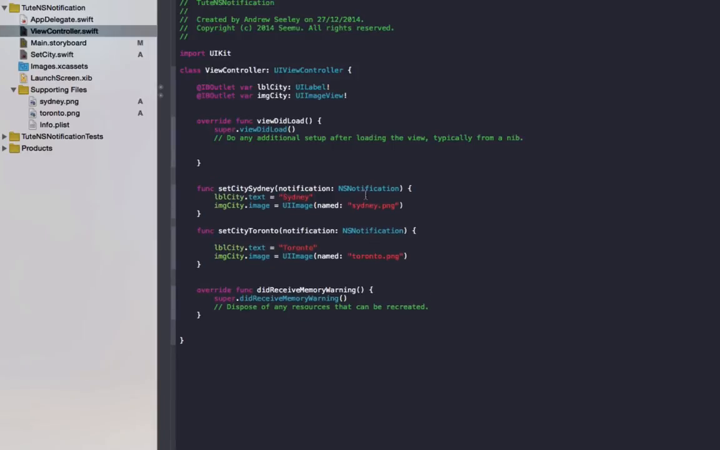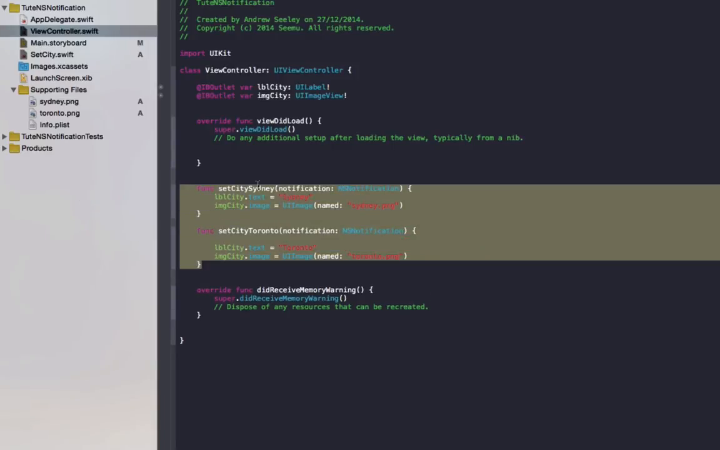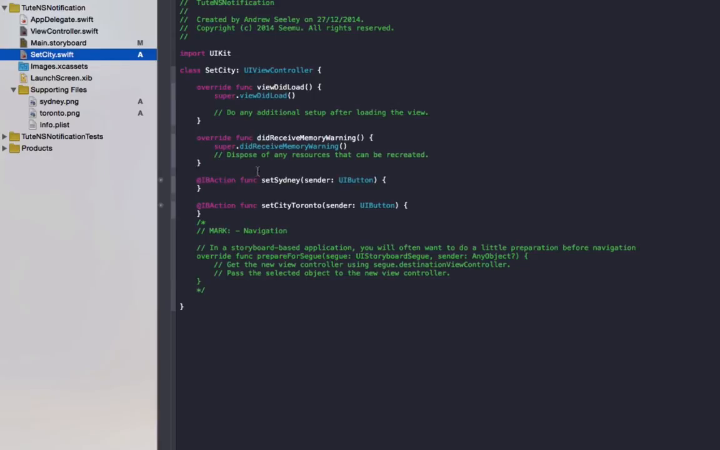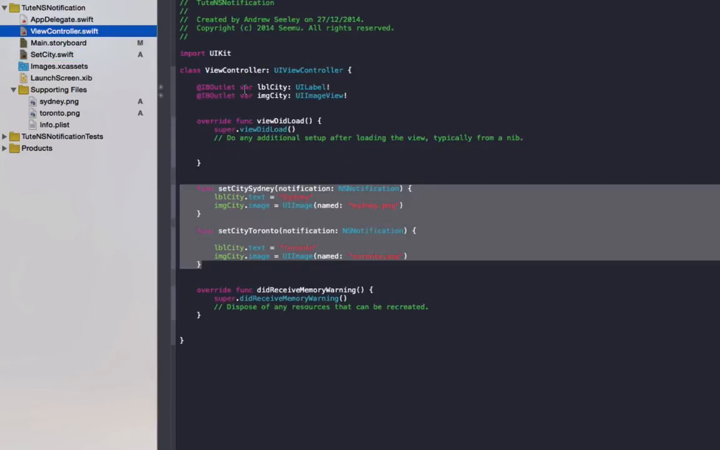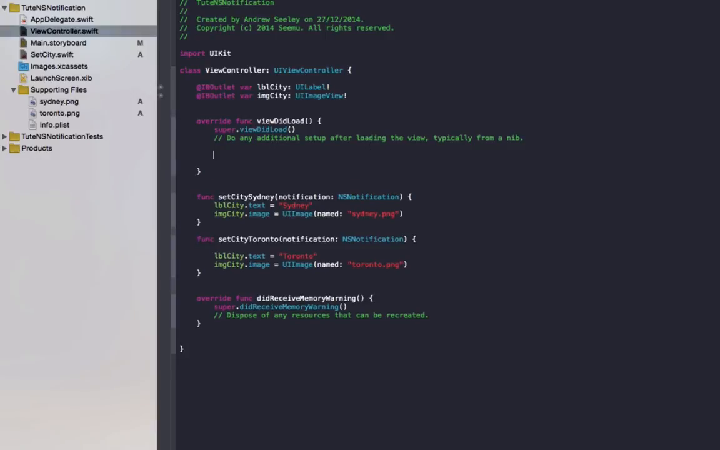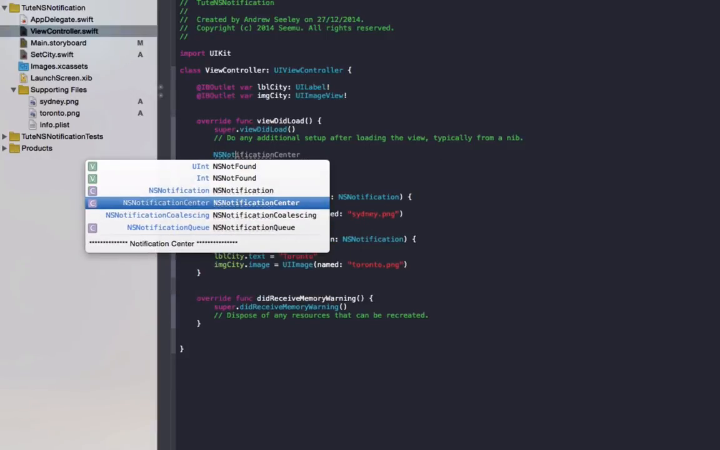Okay, so this is the actual code here that's going to change the label and the image in this first view controller. So we're going to want to access this code from the select city view controller here, and we're going to do that by using the NSNotificationCenter. So to set that up in our view below, we need to do NSNotificationCenter